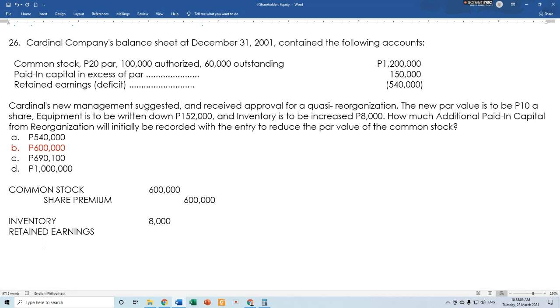Tapos, 8,000 lang yung increase. Ito, this is going to be equipment. Written down by 152. Babawasan daw ng 152. Okay, so ibig sabihin yung retained earnings natin dito will be 144. Tama ba? Oh. Yan, 144. Yan. Tapos, yung next entry natin for quasi-reorganization,